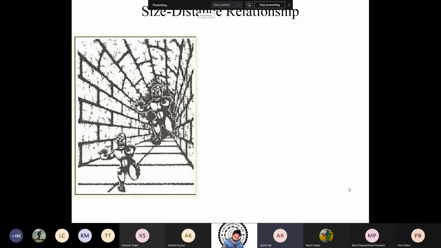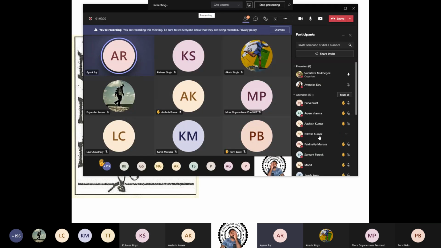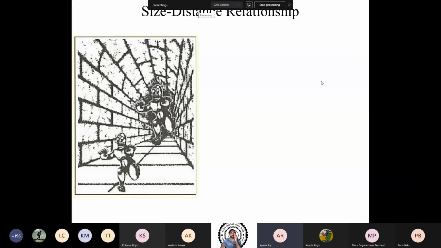Sir, when I see this picture with one eye closed, the 3D perception of one being bigger than the other does not exist when I see with only one eye. Okay, with which eye closed? Any eye. Let's see. Let's see. So everybody do this. Any eye, all right? And look at the screen. The illusion somewhat decreases. So this is what you are saying. So let's see whether it's really happening.